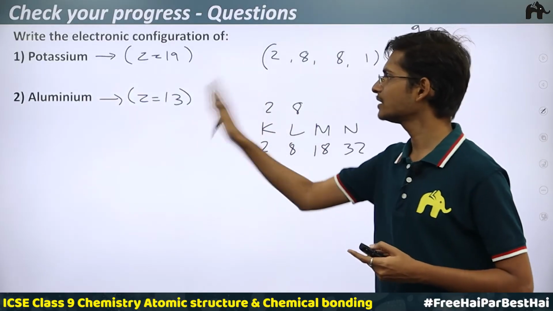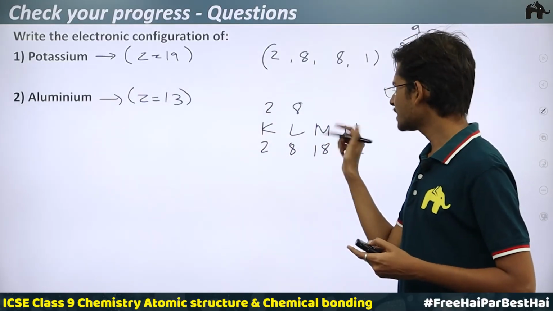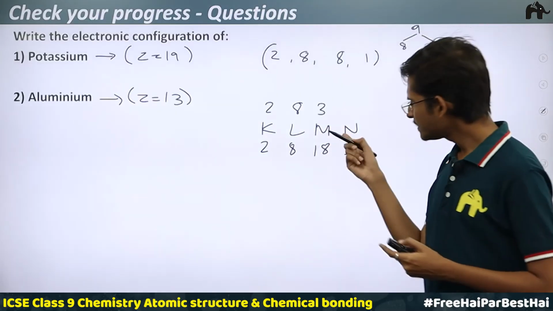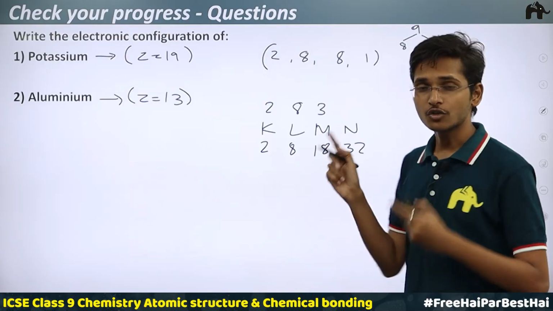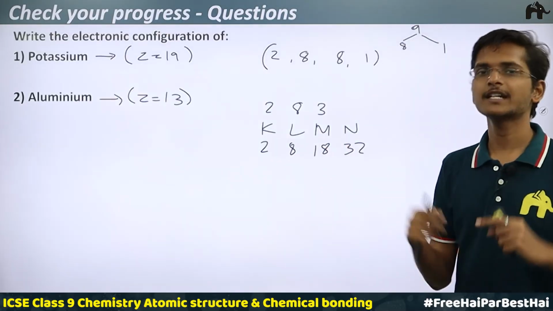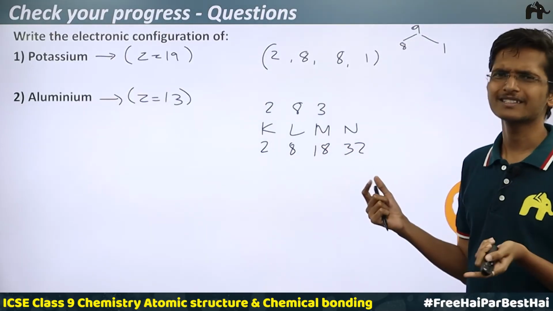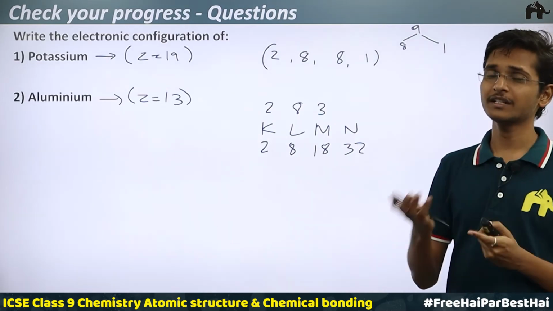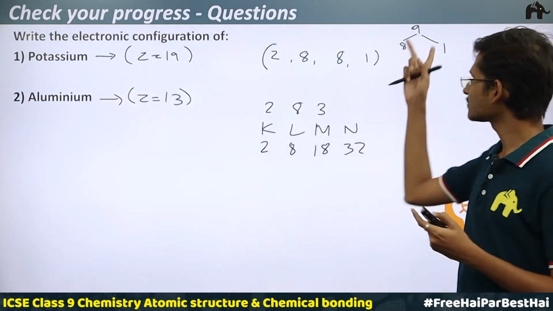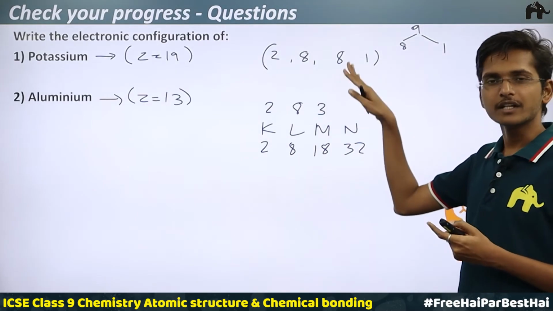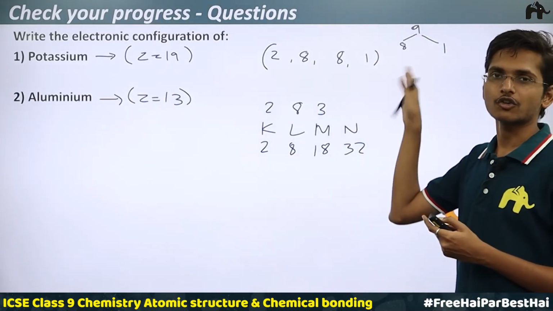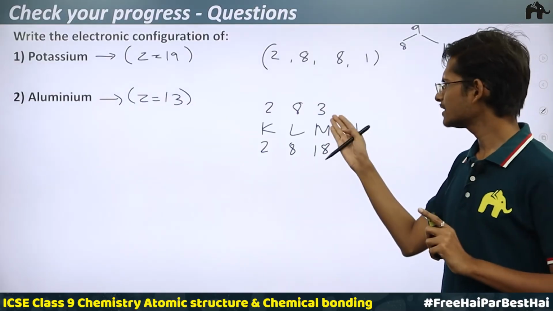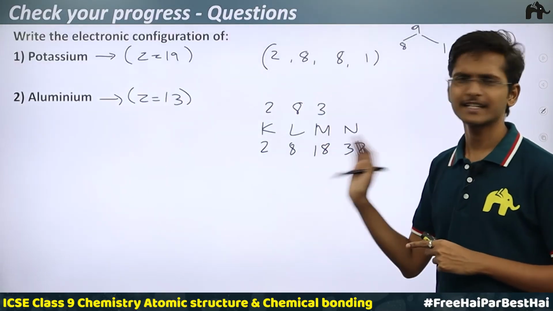Now 10 electrons are occupied, the remaining are 3 electrons, and we can give 3 electrons to M. And yes, our outermost shell is having less than 8 electrons. So after writing the electronic configuration, every time you need to check this once: is our outermost shell having less than 8 electrons? If it is not, split it, give 8 electrons to that shell, and the next remaining number of electrons to the next shell. Here, the number of electrons in our outermost shell is already less than 8,